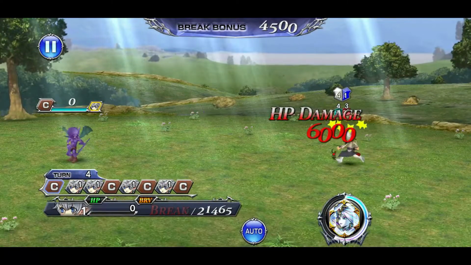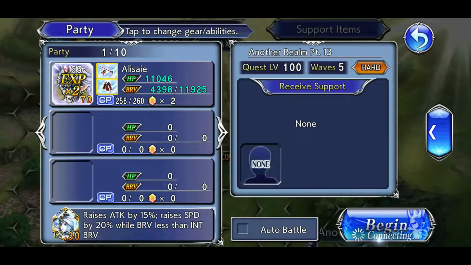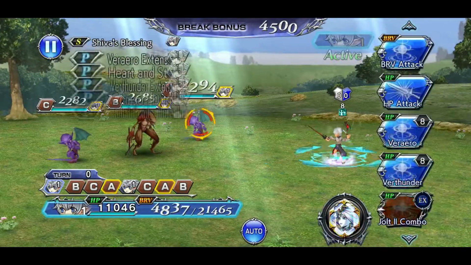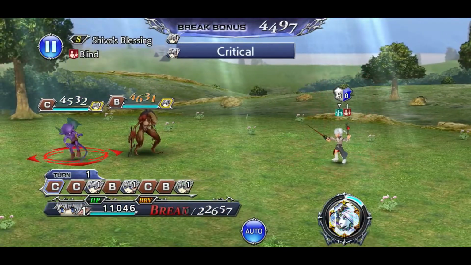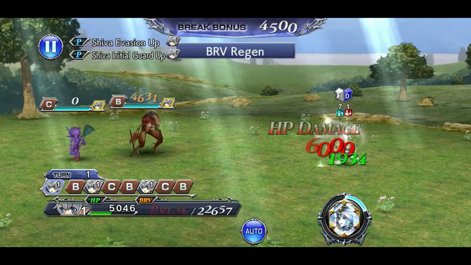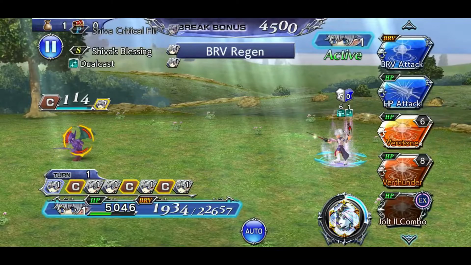So what I decided to do after losing here was repeat the fight, and this time around I decided to actually hit the imps first before the desert Sahagin. And although I did get a little bit further than in the first go, because they didn't hit me with a confuse, they just hit me with an HP attack, which I would honestly take,